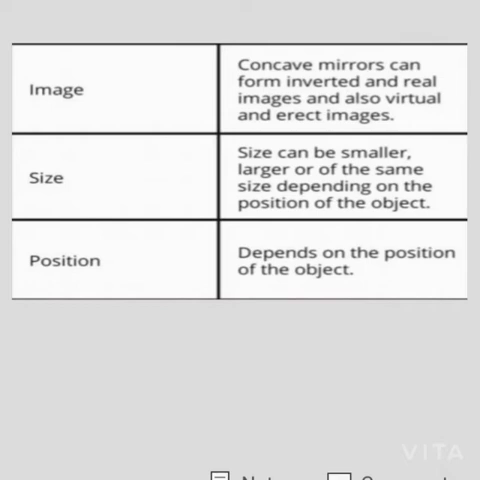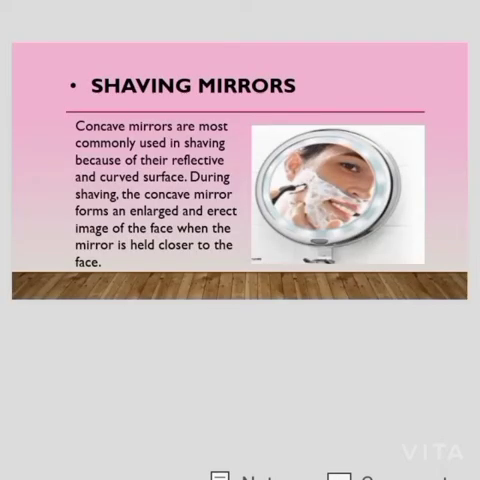Concave mirrors are used in shaving mirrors. Concave mirrors are most commonly used in shaving because of their reflective and curved surface. During shaving, the concave mirror forms an enlarged and erect image of the face when the mirror is held closer to the face. It is also used in